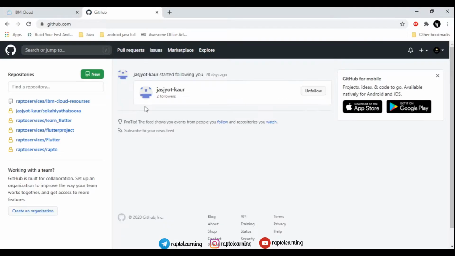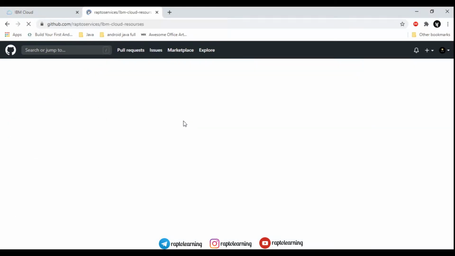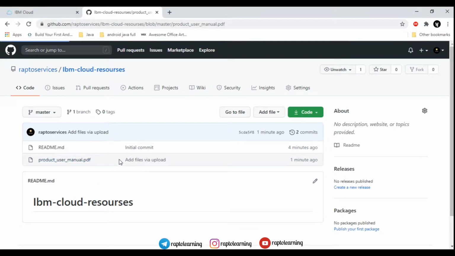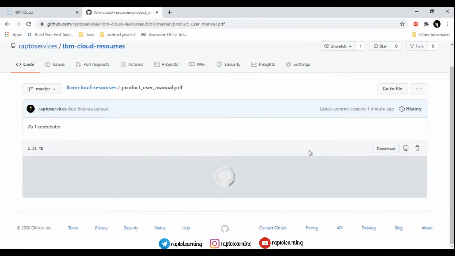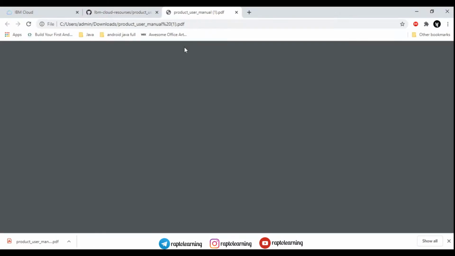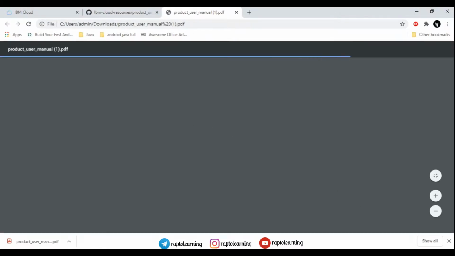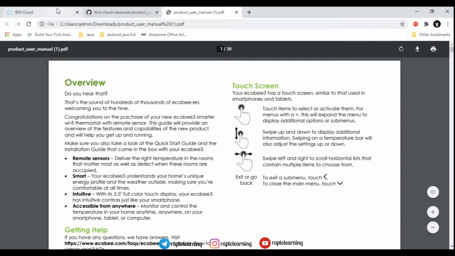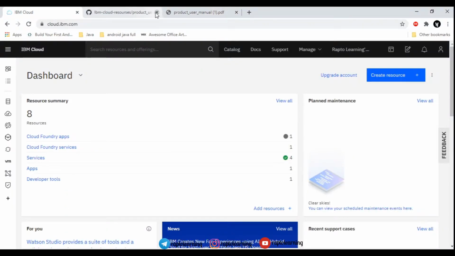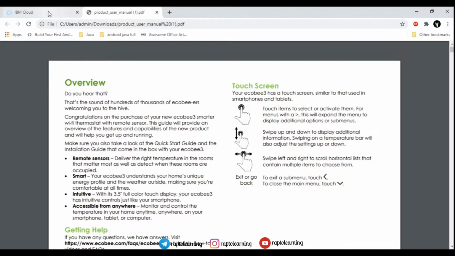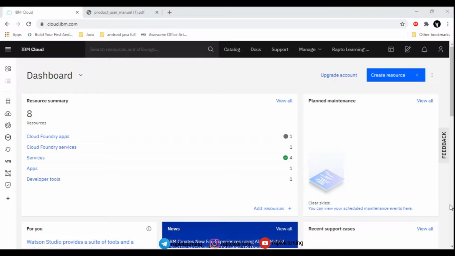But first of all, before starting the Discovery service, I just want to show you something. So this GitHub repository is very important for this video. I have added some of the new features that we are going to use in this video. So suppose this is the PDF. I have added this PDF that we have to use in this Discovery service. You can also download this PDF from here, and as you can see, this is the PDF of basic thermostat operations. I am a mechanical engineer, so this is what I got by searching. How we are going to use that PDF in the Discovery service, you will get to know in a very short period of time.